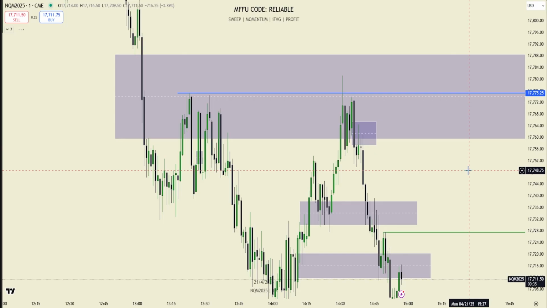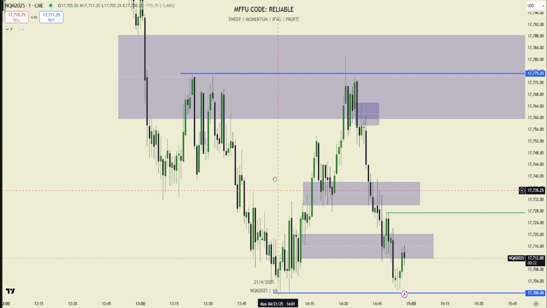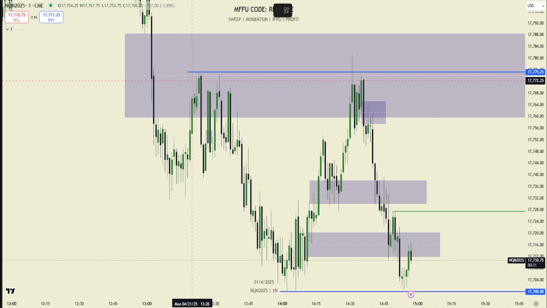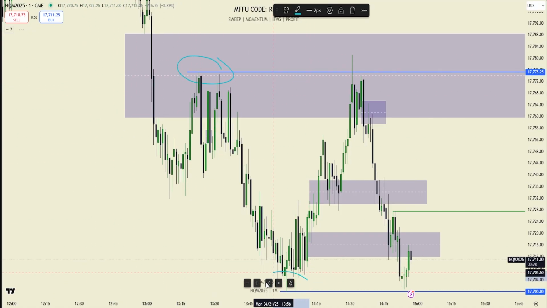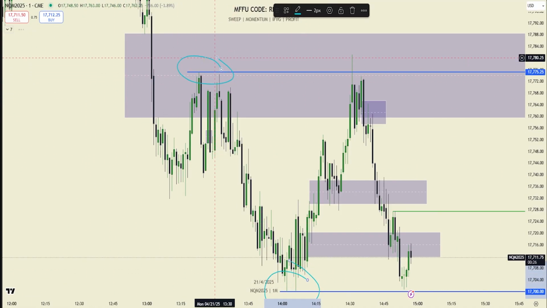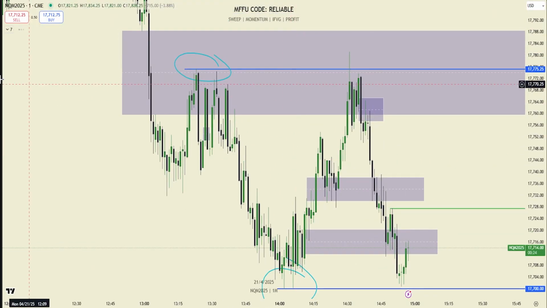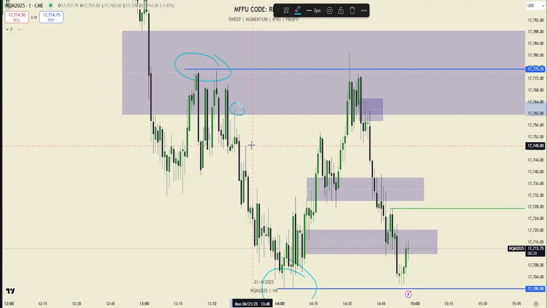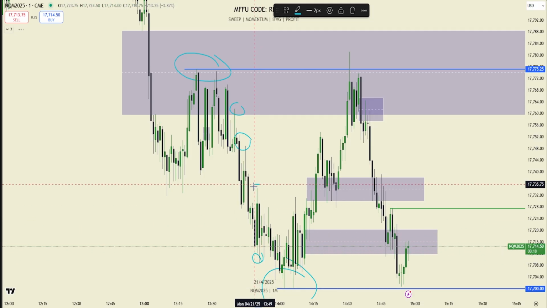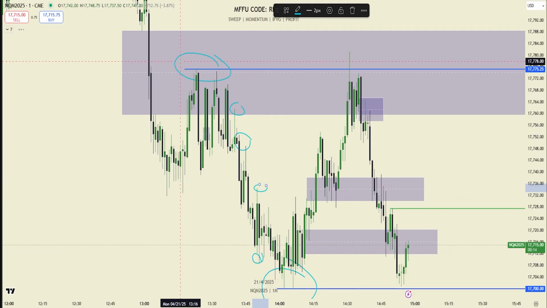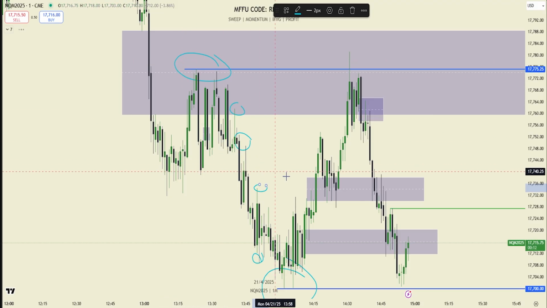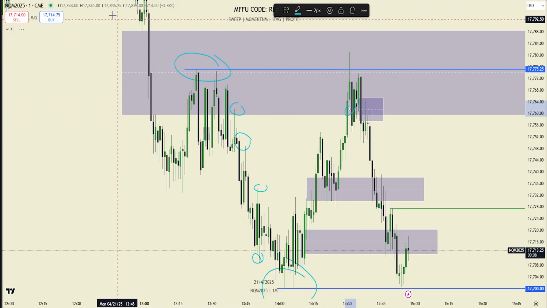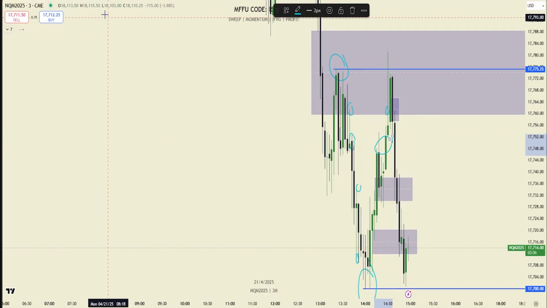What is an external and internal? What's the difference between the two? Yeah, so external, and the example we're talking about right now on the lower time frame are these two, right? It's basically just your swing points, your highs and your lows, right? And then your internal are all these highs that have been created and lows that are inside this range, right? And then it's also internal liquidity, which is FEGs too. So like this 3 minute, right?